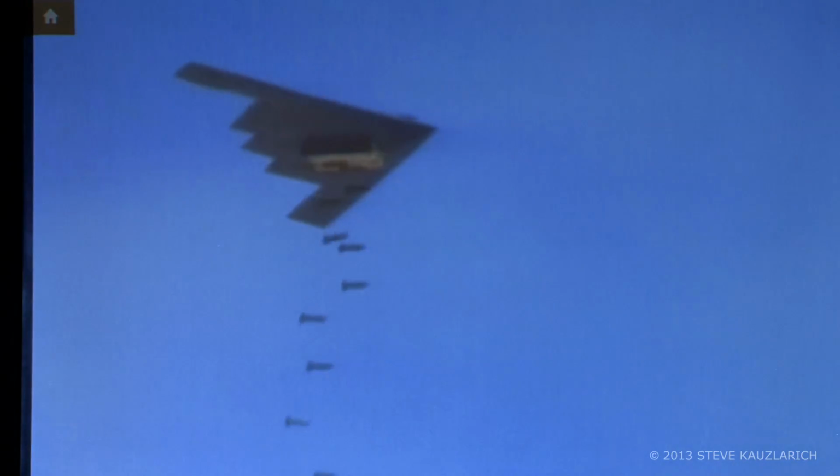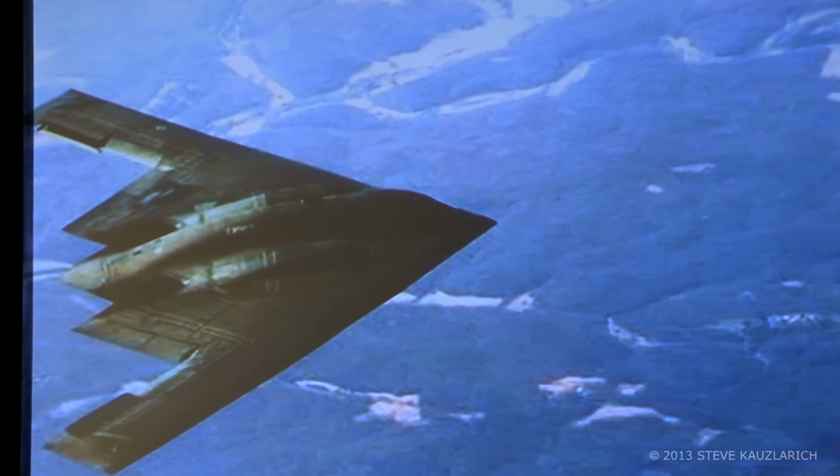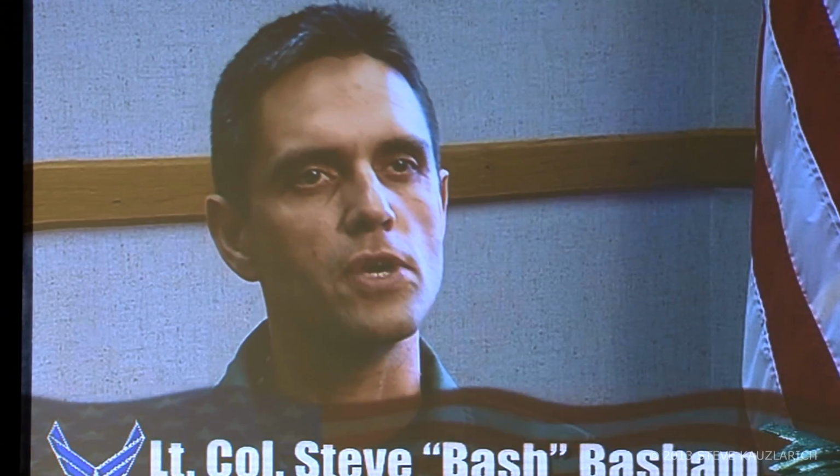The B-2's mission is to penetrate heavily defended areas, drop precision-guided munitions, and extract itself without ever being detected. That'd be the ultimate capability, to be able to go in undetected and leave undetected. However, there's one unique aspect of all bombers. If you're going in, you're more than likely going in to drop something. So right off the bat, as soon as bombs start going off, someone's going to know there's an aircraft in the sky. So as you're leaving the country, really what you're looking for now is that ability to sneak back